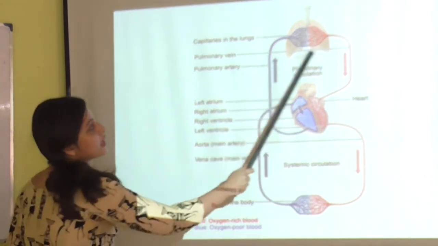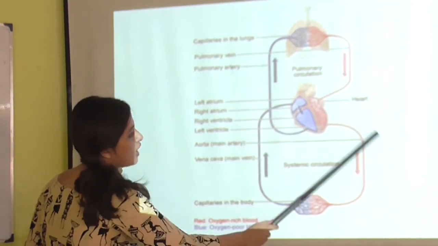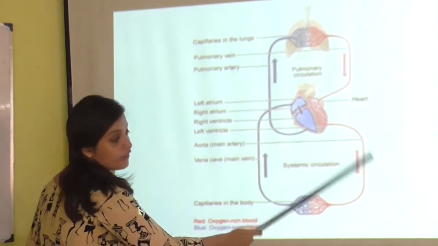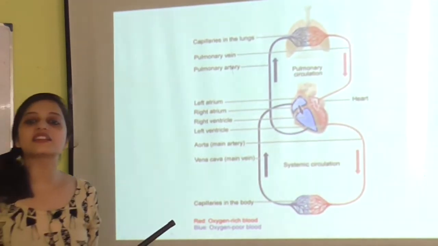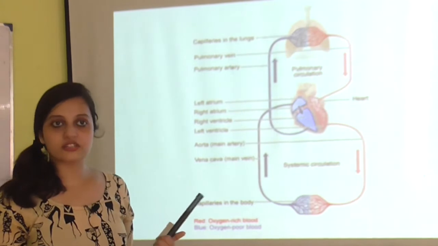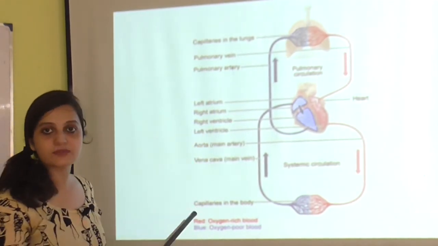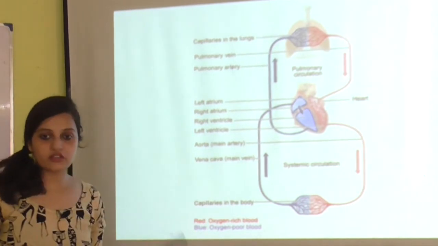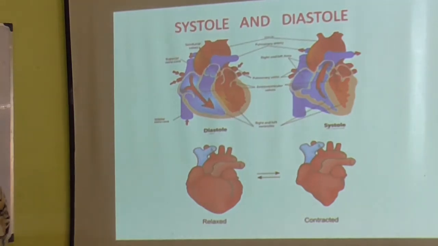So can you see there are two circulations there? The heart is doing like two roundups, it's going through two pathways. So this is the reason why the human heart has double circulation. You can write it in your own words, but do write the specific things that are present in this part. Okay. So next we are going to study systole and diastole.